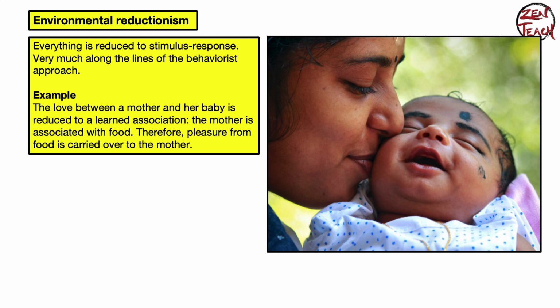You could break down the mother-child relationship in the same way and say the reason why the child likes to be around the mother is because the child actually likes food and it knows that it can get food from the mother. So every time the mother is there, it gets food and therefore it likes its mother. And so you can very accurately actually describe why individuals like to build relationships with each other, right?